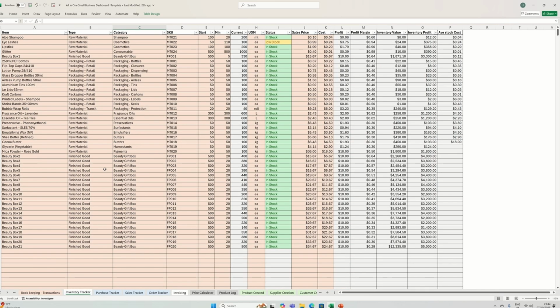Next is our inventory tracker. I suggest updating this first for any products that you have on hand, and first setting up the spreadsheet. Here we add the items in, the material type, we can select from the drop down list, the categories we want to group our products up into, and then their individual SKUs. Here we have the starting amount, so our starting stock, our minimum order level, our minimum stock levels, our current